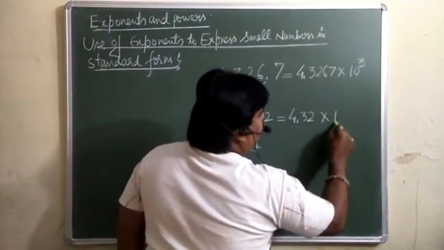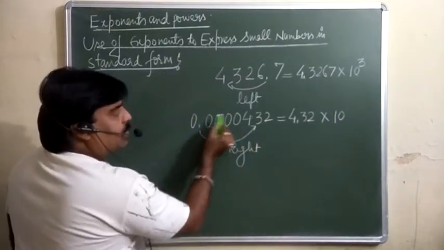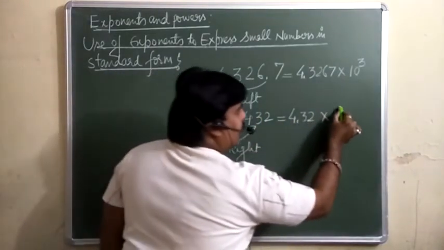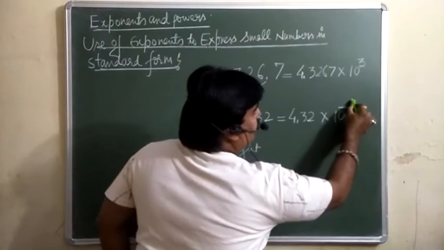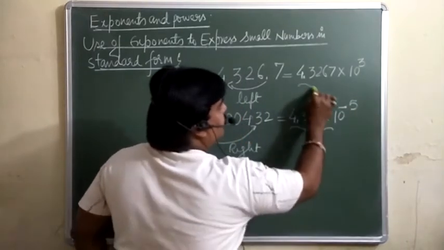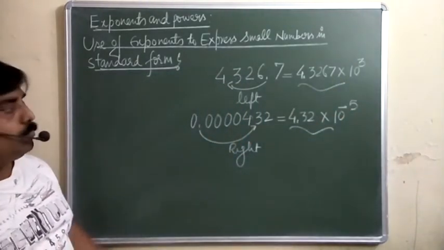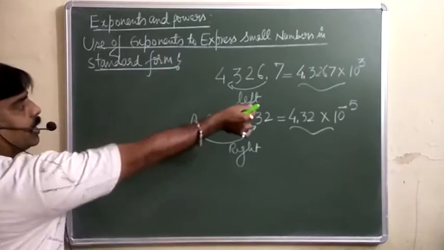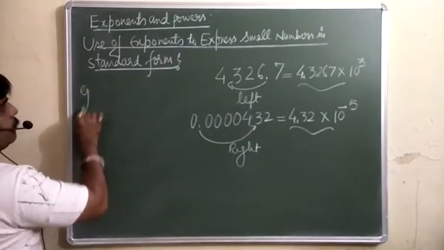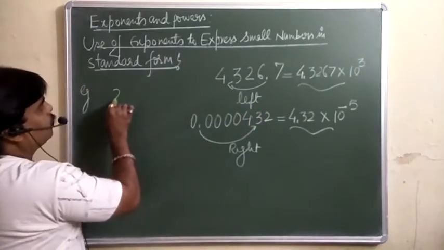तो अगर मैं right को shift कर रहे हैं, तो जितना digit shift करेंगे उतना ही minus 10 raised to power कर दीजिए. This is your standard form. So any number is there, you can write on the standard form. One more example you can take. Suppose number है